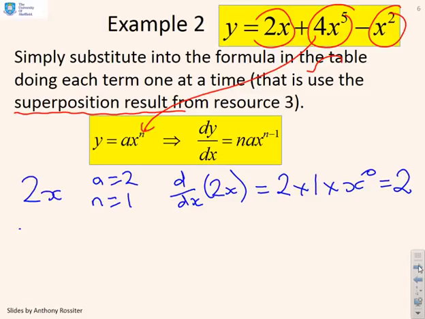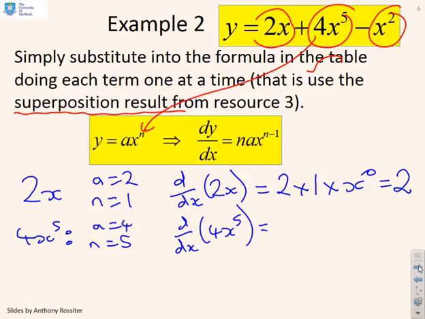Next, if I look at the 4x to the 5, then I've got a equals 4 and n equals 5. So d dx of 4x to the 5 is going to give me, well, first let's do the n, so I get 5, then times the a, times 4, and then times x to the n minus 1,